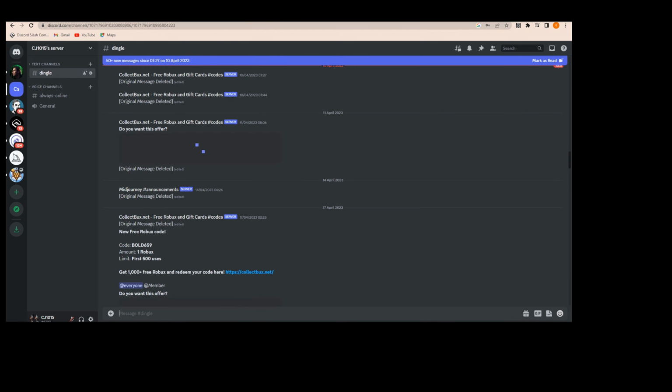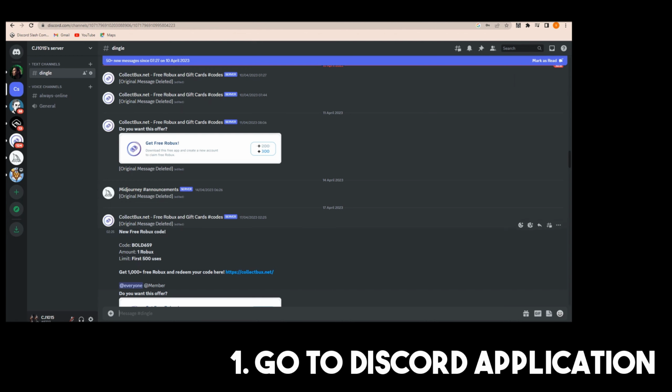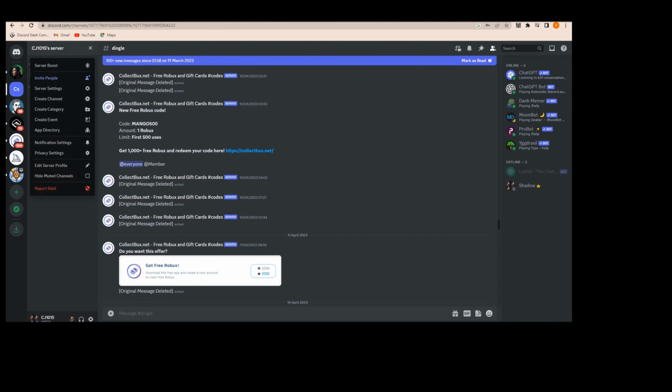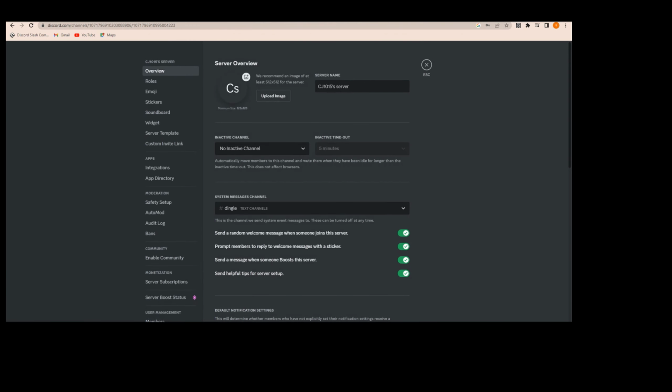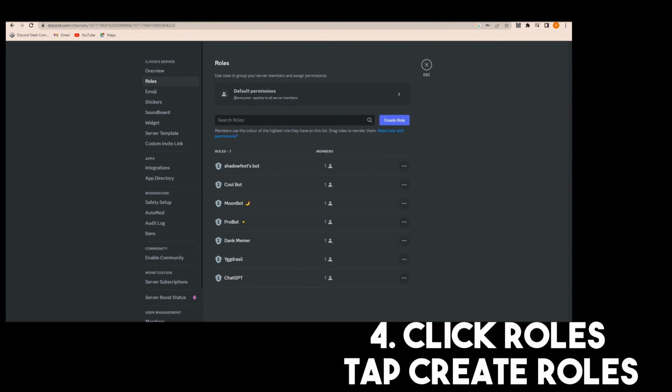The first thing to do is to go to your Discord application, make sure that you're logged in here, and then as you can see at the top left corner, there is a server there, so all you have to do is to tap this one, scroll down and look for server settings, click this, and then under overview, you can see roles here, tap this one, and then after that, you can see here, create roles, tap this one,